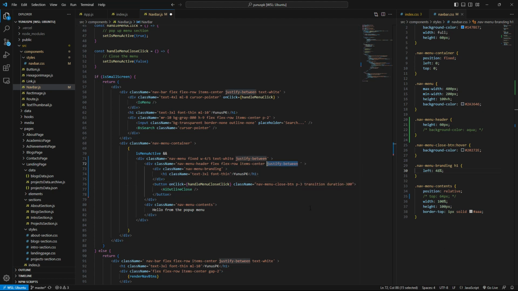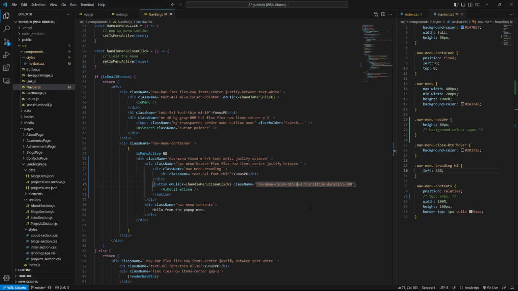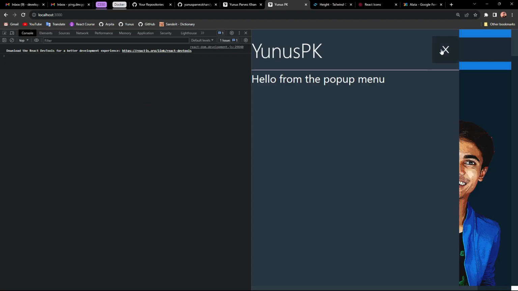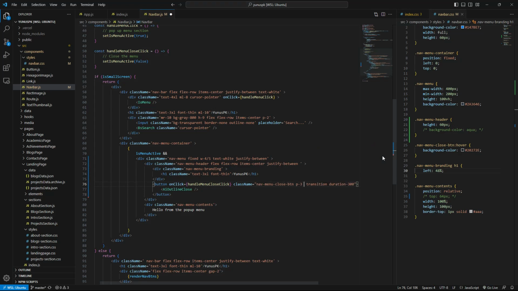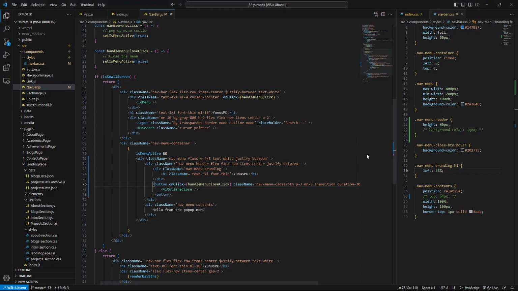So we're gonna have justify between, and now it's a two-sided thing. Now we have a padding of 3. What we're gonna have right now is margin right 3. It's pretty good. It looks pretty good. Now what we're gonna have is